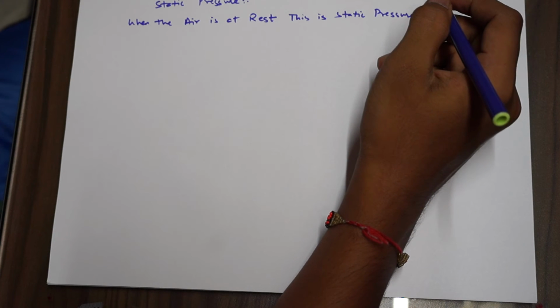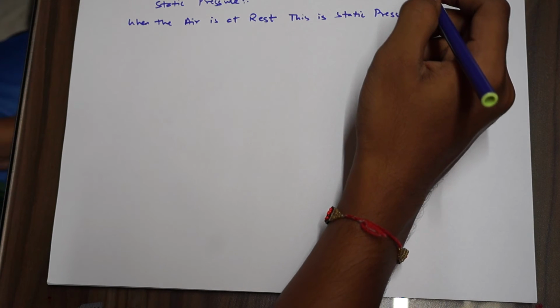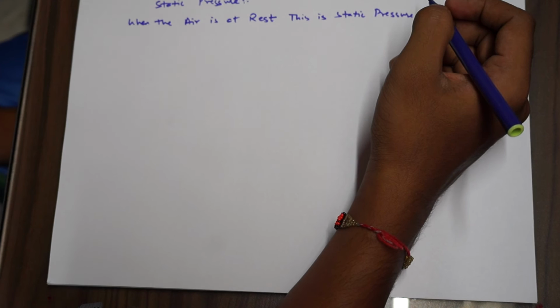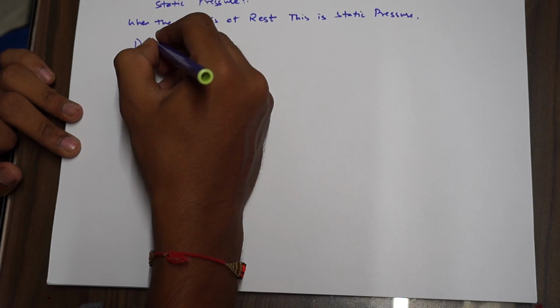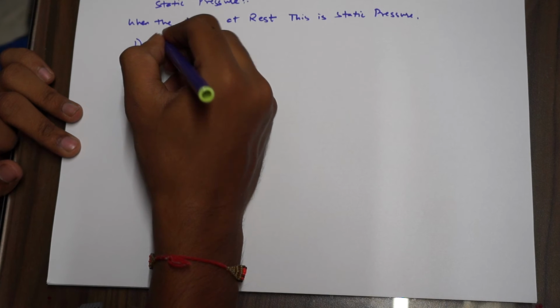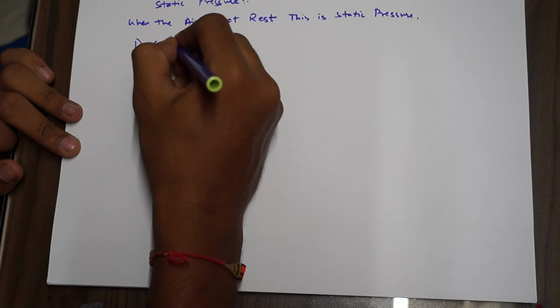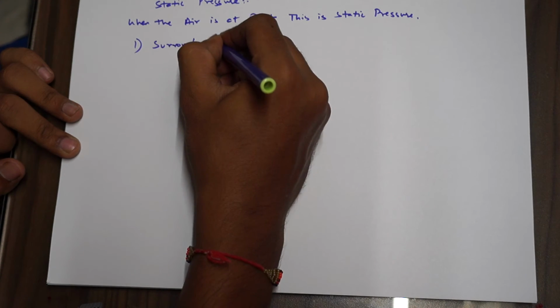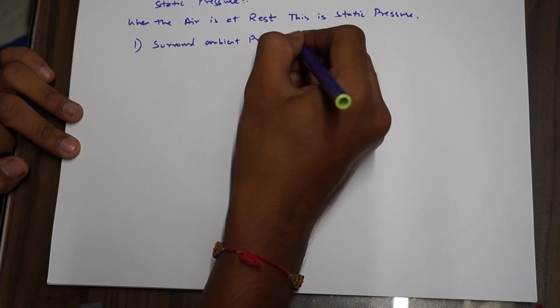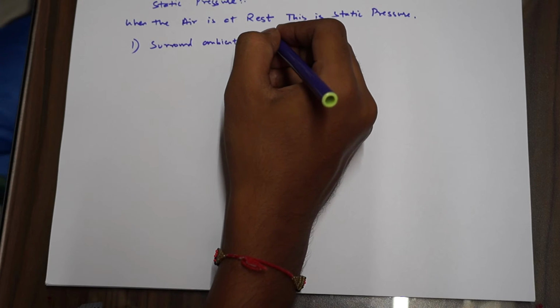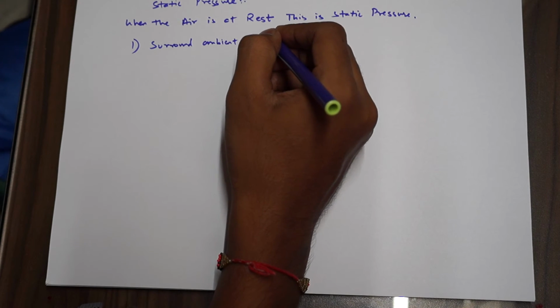Right now you're sitting, the air is exerting pressure on your body, that is static pressure. Okay, and there are a few key points to note. Static pressure is the surrounding ambient pressure. Air exerts pressure all the time, and the pressure right now exerted on your body is just the